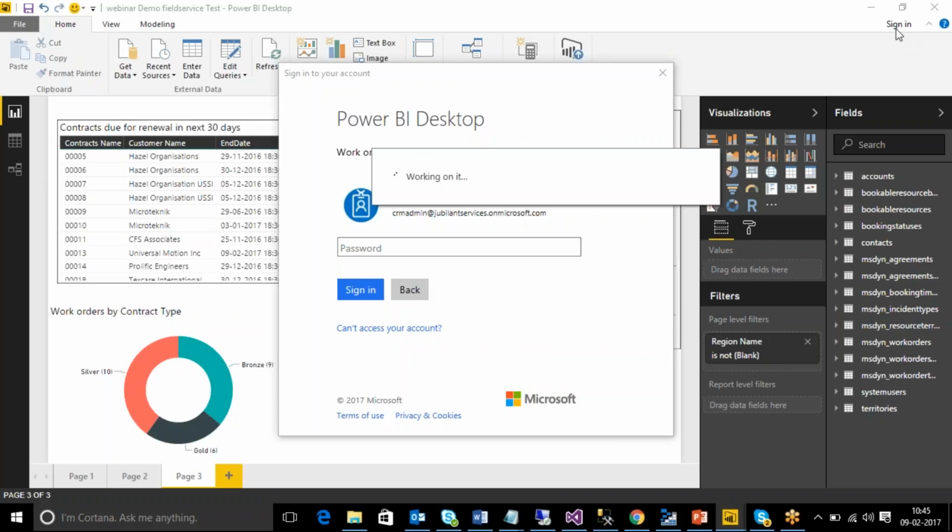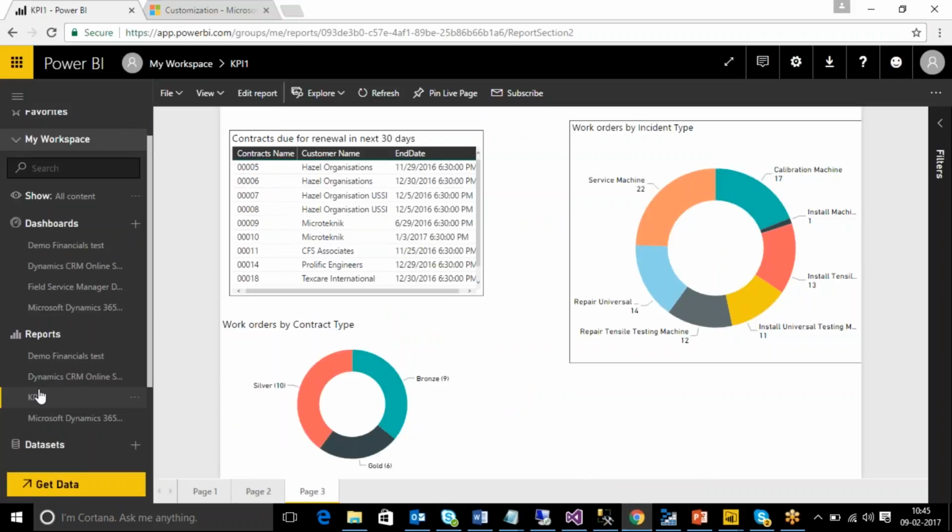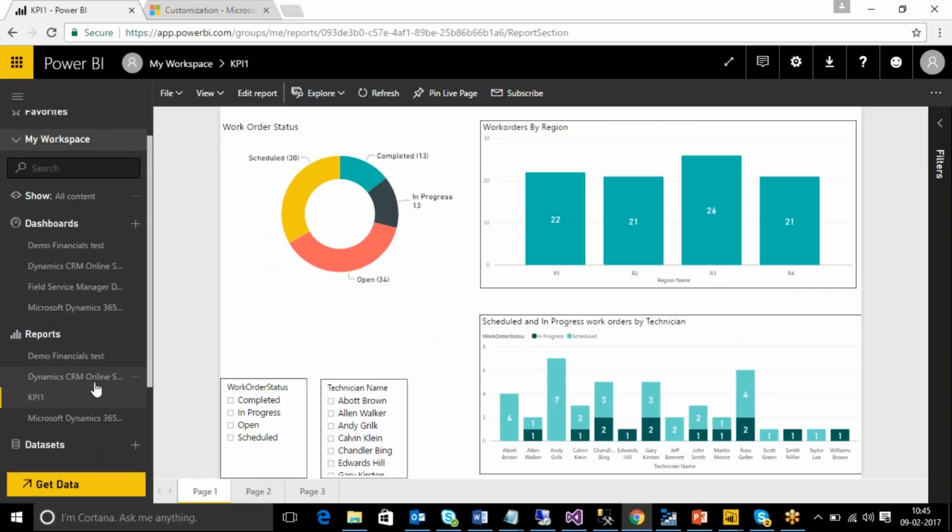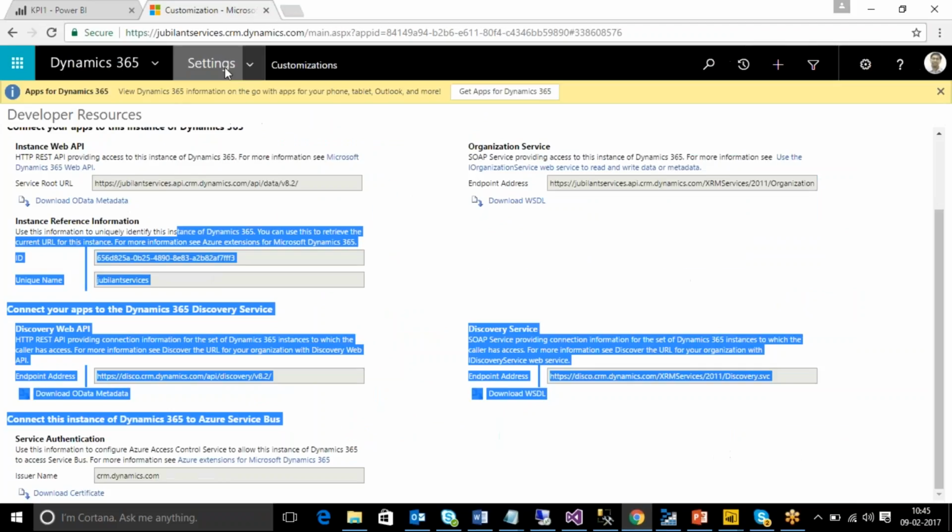In the same way, if I didn't log in on this page, it will ask for the credentials. Sometimes what happens is you open two Power BI Desktop files, one file opened with some different credentials and the other file with other users, so the last login is overwritten with these credentials. After putting that password, I can publish this dashboard to my Power BI account. Meanwhile, let me come to this KPI1 report. Suppose I publish that report to this account, and all three reports are the same. Now if I need to embed this field service report inside my CRM account,